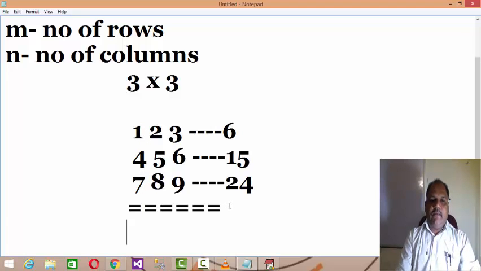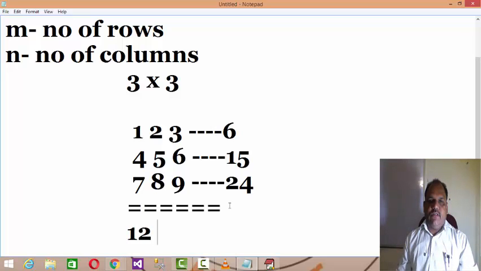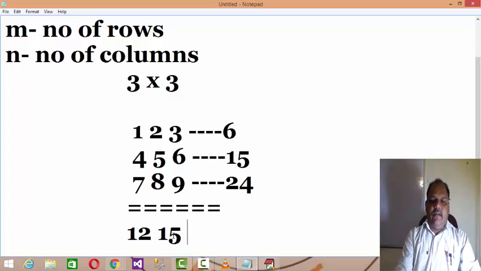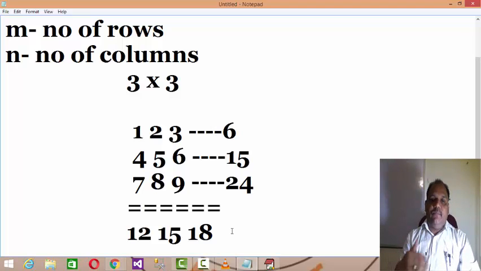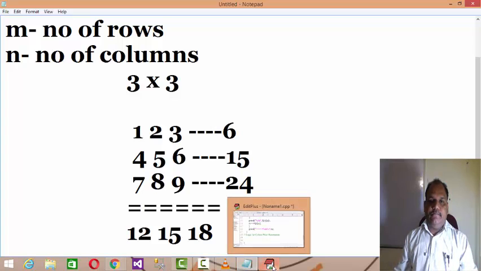For example here 7 plus 4, that is 11, plus 1, 12, right? And this is the answer we need to develop. Then 5 plus 2, 7, 7 plus 8, 15, and then 6, 9, 18, right? So to develop the column wise summations, we need to create a loop where for one column the row has to be changed. So let us discuss in the coding what we can do for that.